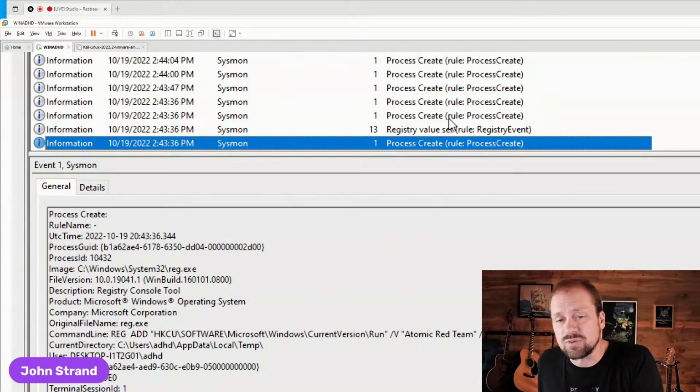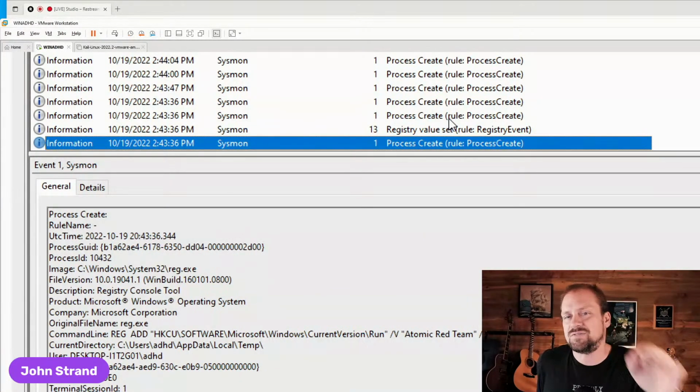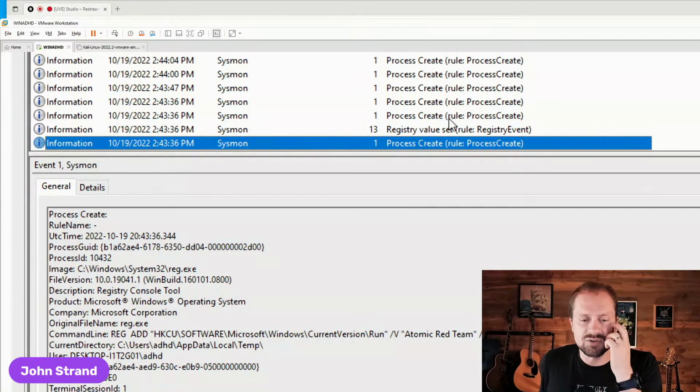Now, I like this for a couple of reasons. One of the reasons why I like this is because it's giving you direct visibility into what it is in fact executing. And to be honest, Atomic Red Team is also really cool because if you go into those directories,